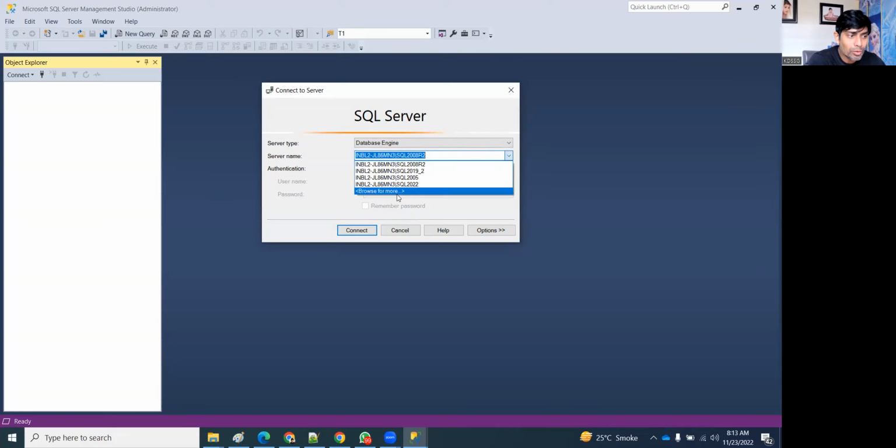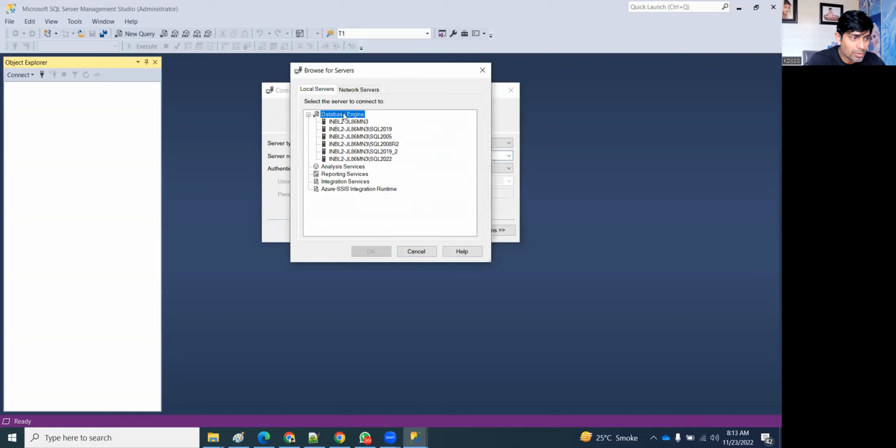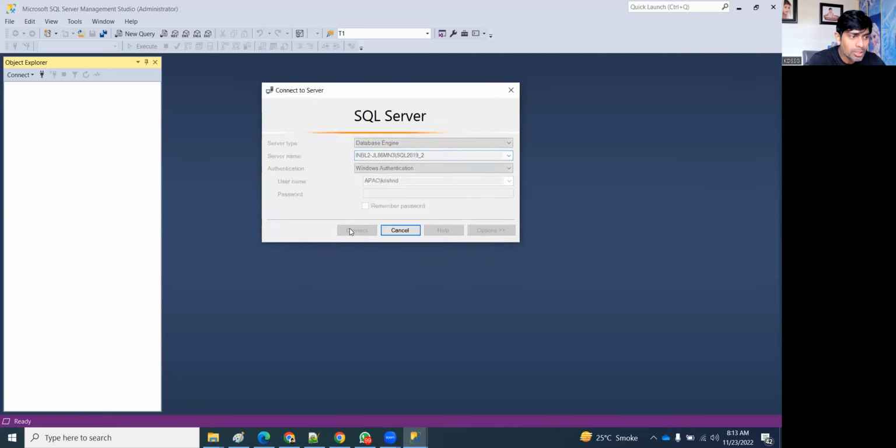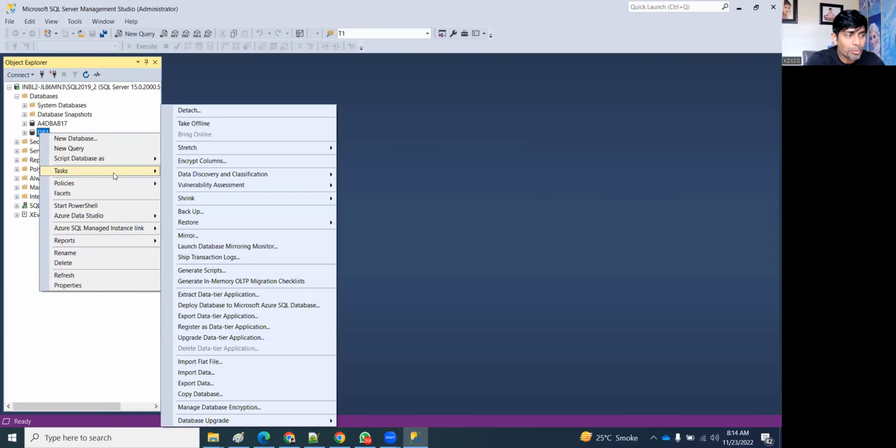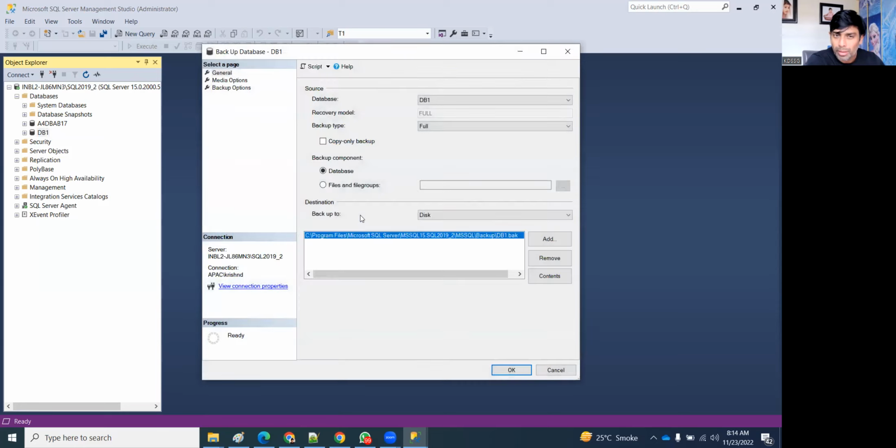Now I'll connect to one of the SQL servers. I'm connected. I have some databases here, and I will take a backup of one of them. Right-click, database backup. Earlier, people used to take backups to disk and tape.